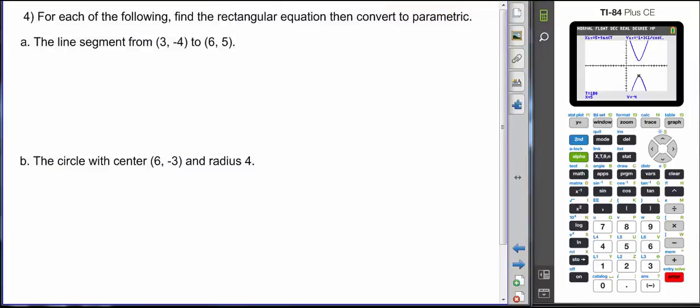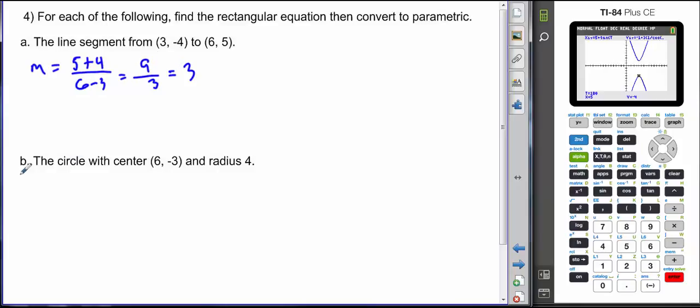On number 4, we're going to go back to working with linear graphs, and then don't worry, we'll get back to conics soon thereafter. So this time we're going to look at a line segment that goes from (3, -4) to (6, 5). The first thing I'd want to know is the equation for this line, because it says to find the rectangular equation. Well, let's do that. So the slope would be 5 minus -4 over 6 minus 3, which would be 9/3,